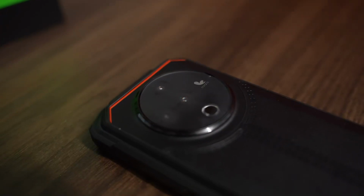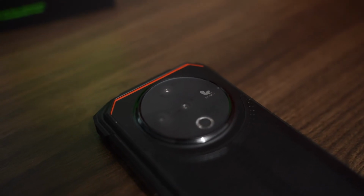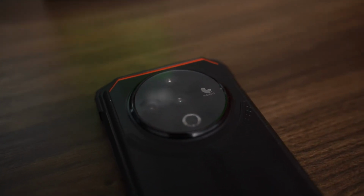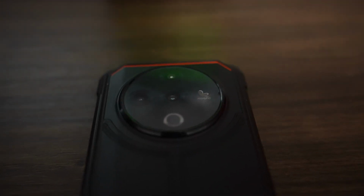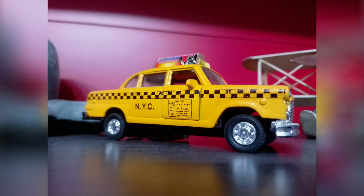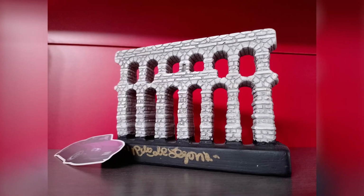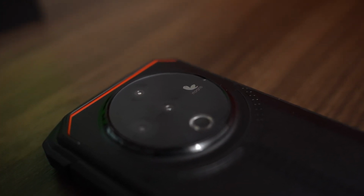We have two main cameras on the back. The main camera, which will have artificial intelligence, has 50 megapixels. It takes some high-resolution pictures that are truly excellent. I was surprised that the collaboration with Morpho gives the mobile a distinctive touch. Unlike other phones that often fall short in camera quality, this one actually takes good pictures and performs very well in various situations. We have a sensor with an aperture of 1.8,